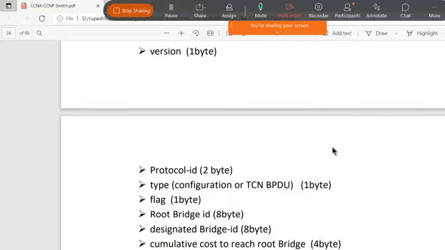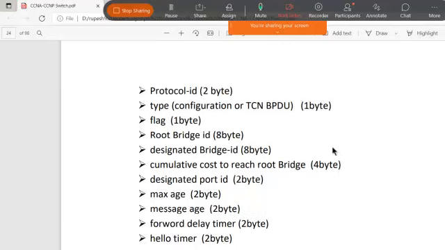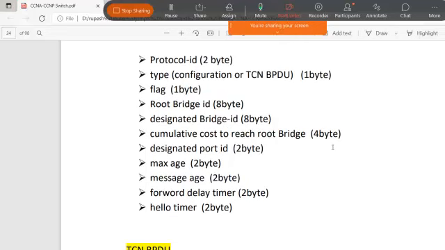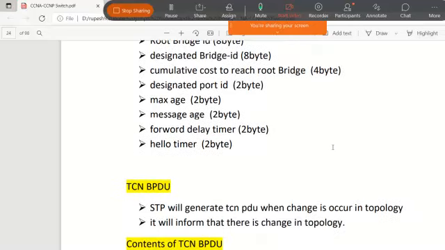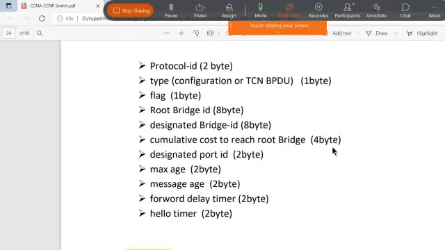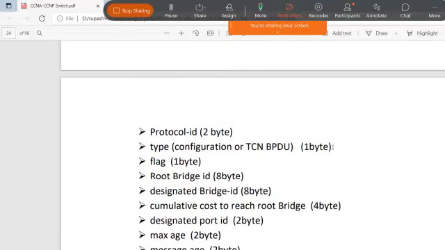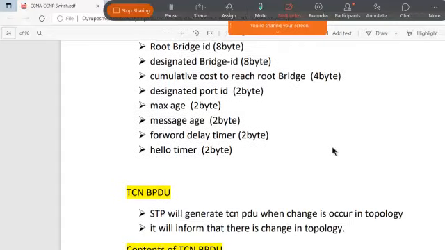The version, protocol ID, type of configuration or TCN BPDU, flags, root bridge ID, designated bridge ID, cumulative cost to reach the root bridge, designated port ID, max age, message age, forward delay timer, and hello timers. These are the contents shared inside the configuration BPDU every 2 seconds.